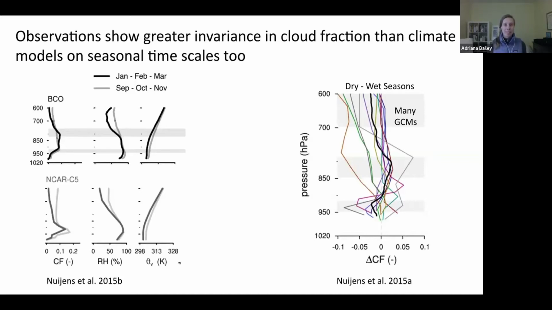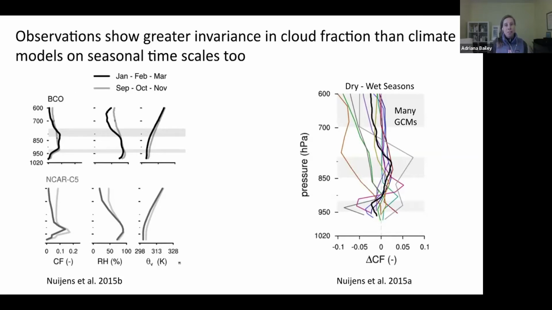So in essence, these different examples paint us two different pictures of how shallow convective mixing might relate to cloudiness. If you think about the Sherwood work, you might think that as you have more enhanced shallow convective mixing, you're exporting more moisture from the boundary layer, you're going to dry the boundary layer, you're going to end up reducing the cloud fraction, and that's going to have positive feedbacks on climate.